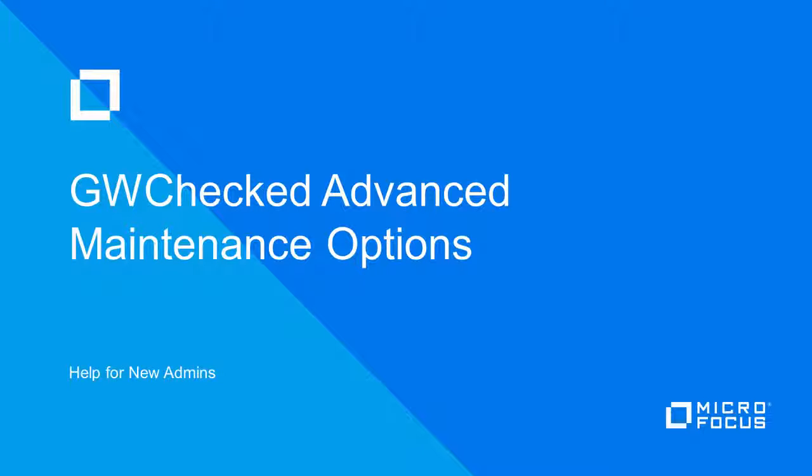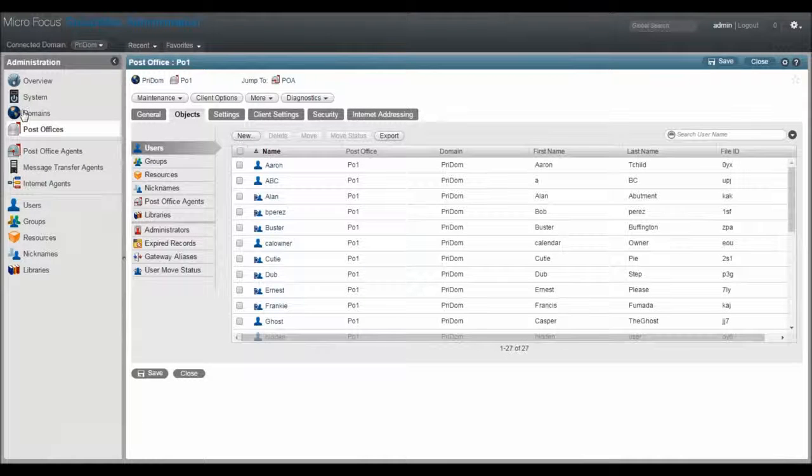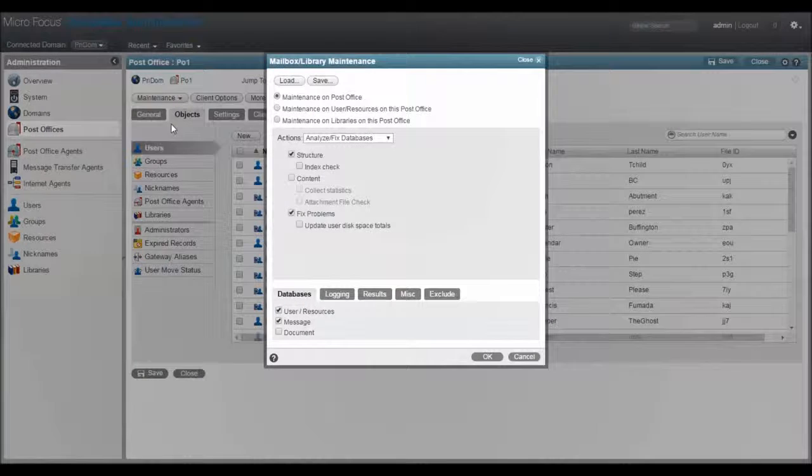In addition to the commonly used analyze and fix options, there are a number of other checks and operations that can be performed within the maintenance menu. This video will offer a brief introduction to those options. Let's take a look. Let's start with expire and reduce, which allows you to delete mail items based on age